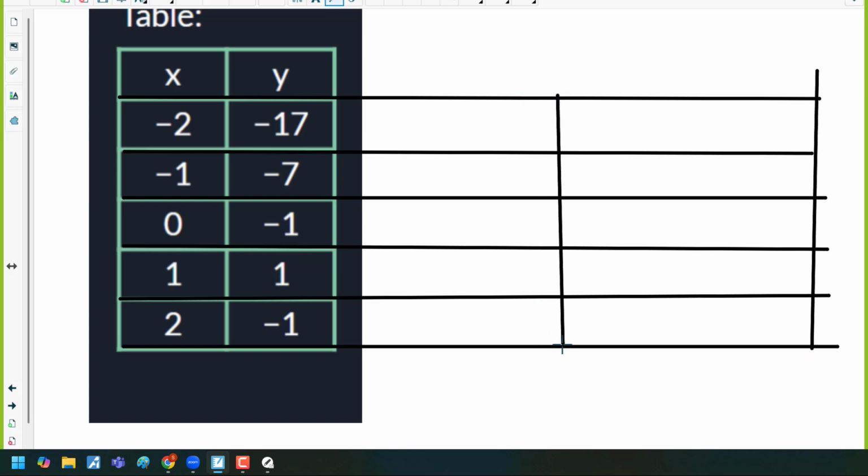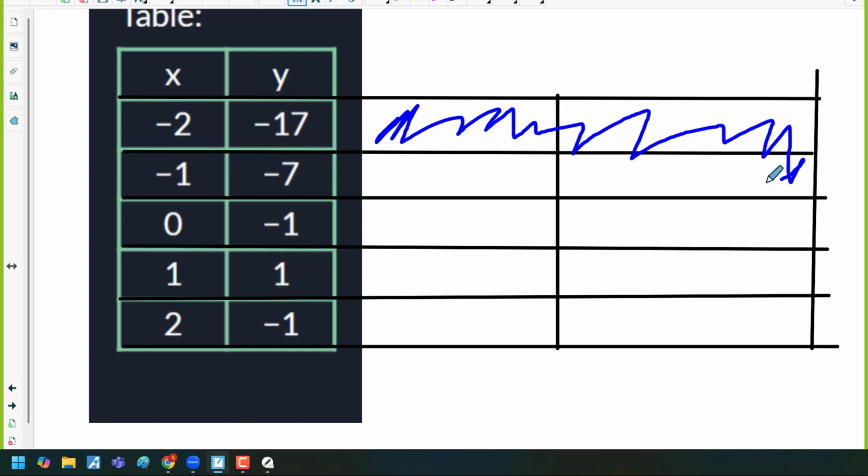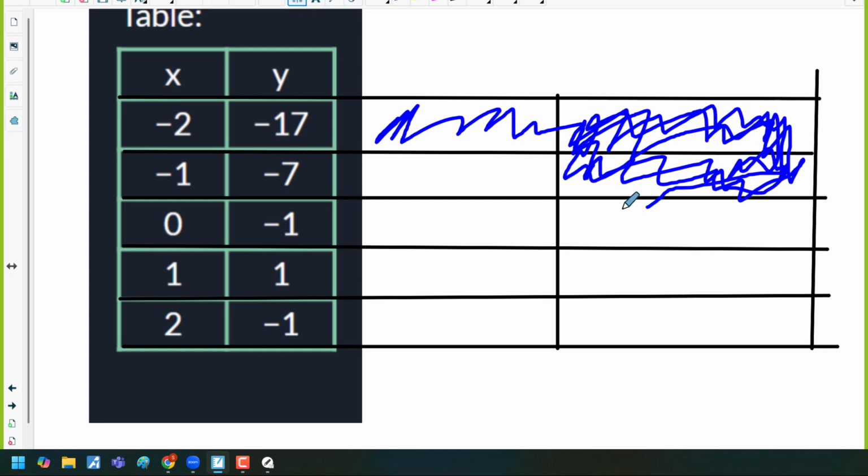So hopefully, easy stuff. Always block out the first area for your first differences, and then the 2 blocks for your second differences. So we're going to do minus 7 minus negative 17. And if you do that properly, that becomes negative 7 plus 17. So the answer is negative